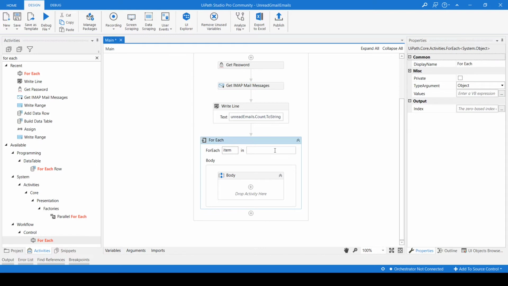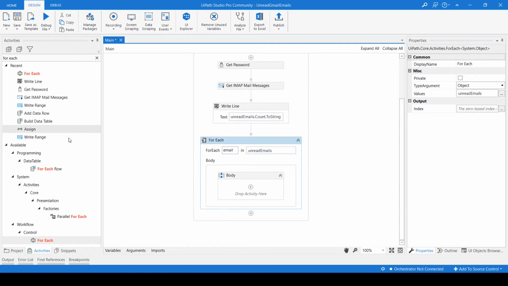So we can iterate over the unread emails and pass it here, and here we can change the item name. It is item by default, but I don't want to keep it as item. We are reading emails, so lots of emails are coming, and we want to store one email. This is a local type of variable, you can keep whatever name you want. I will keep a meaningful name like email. So lots of emails are here, and one email I want to store. Every time an iteration happens, one email will come into this email variable.